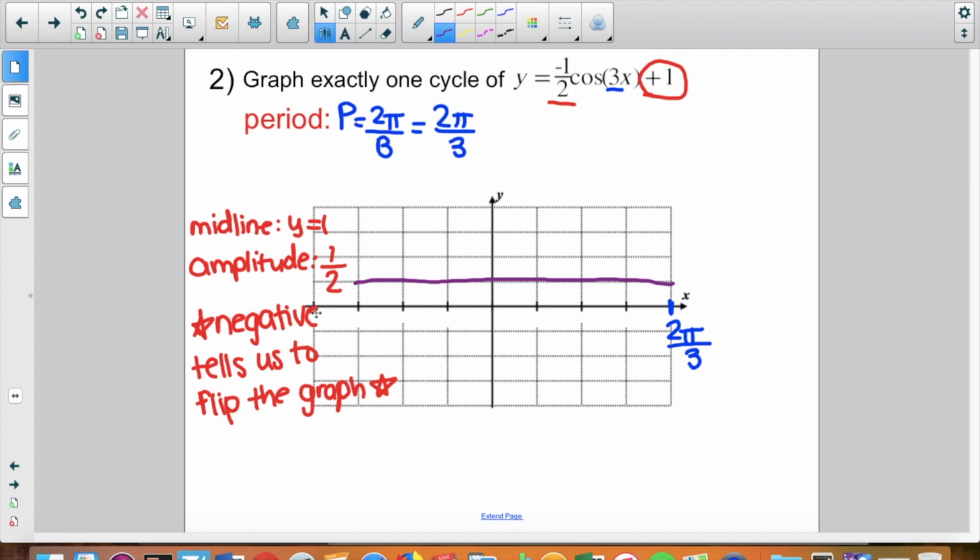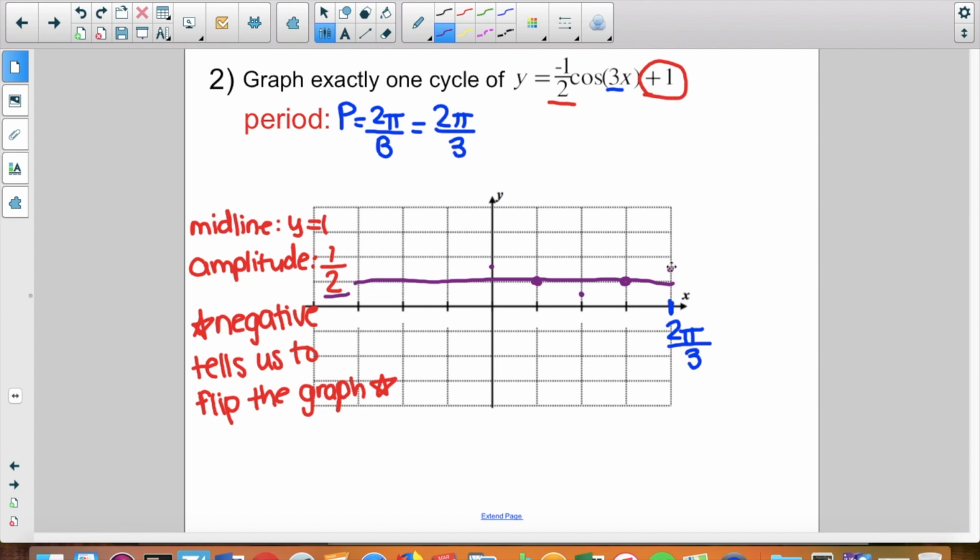Now, since we have to flip the graph over, what I'm gonna do first is kind of plot the points of normal cosine without the negative, and then I'm gonna flip those points over. So cosine starts above the midline. We should go 1/2 space above. So it should be about there. Then we go to the midline, then we would go 1/2 below, then we would go to the midline and